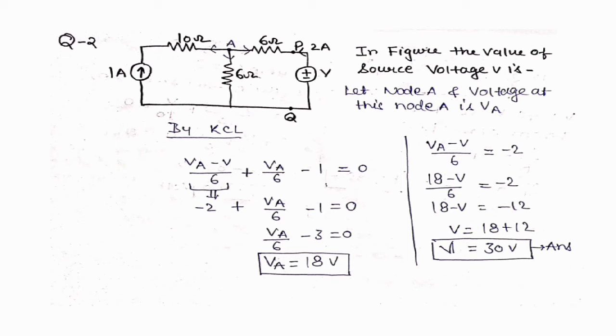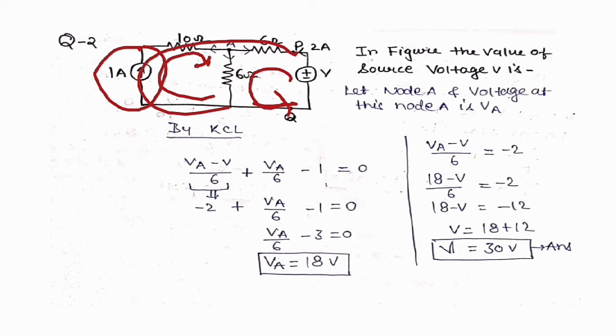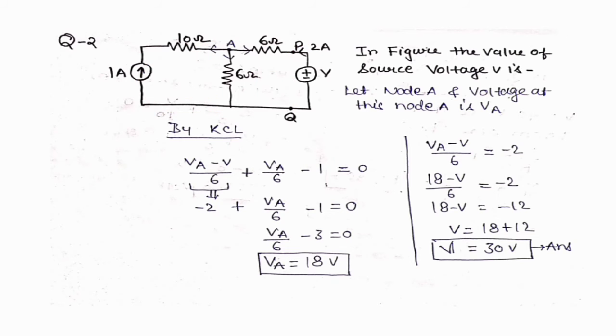First of all, you choose which method is suitable for solving this. If you use the KVL method, then this current source may cause some problem, or some complexity may be generated by using the KVL equation. There are two reasons, because here you see there are two equations we have drawn here, and the second one is the current source. Due to this current source, we do not want to choose the KVL method here. So you can say by the KCL method we can solve it.